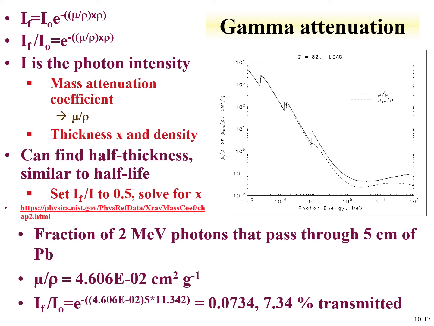This equation is very similar to the decay equations we discussed. So if one has the mass attenuation coefficient, material thickness, and density, one can calculate the attenuation of photons through that material. Similar to decays, one can also calculate a half thickness, similar to half-life. So for a given energy, if you're given the mass attenuation coefficient, you should be able to set the final or initial photon intensity to 1/2 and solve for the thickness